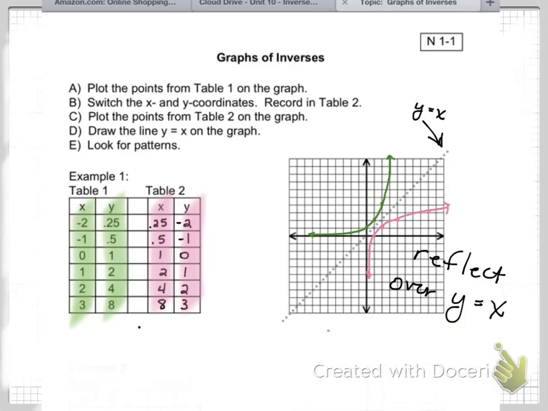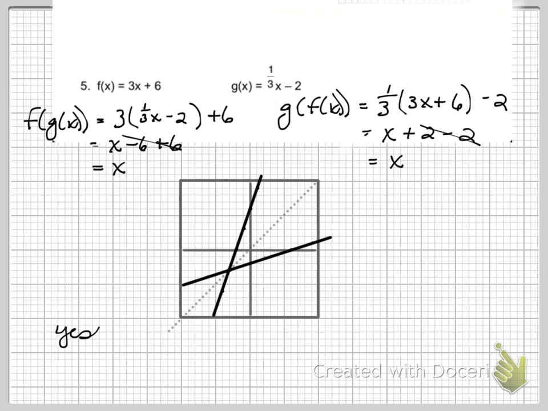Okay, that's all of 1-2. Are there any questions on